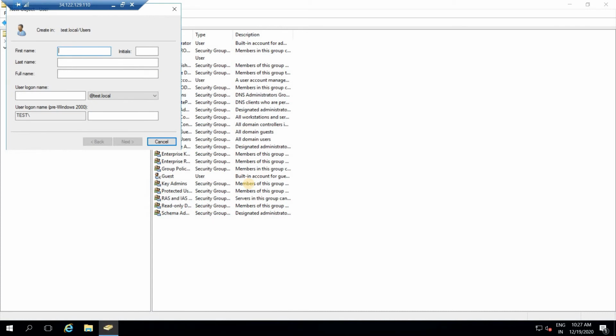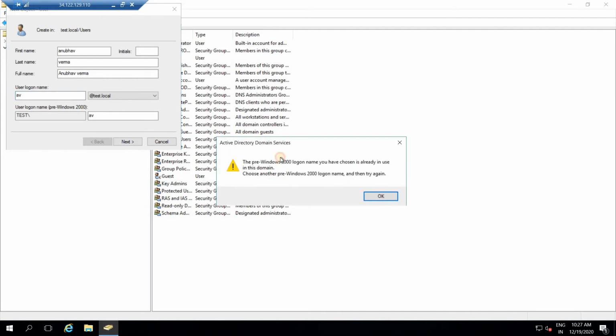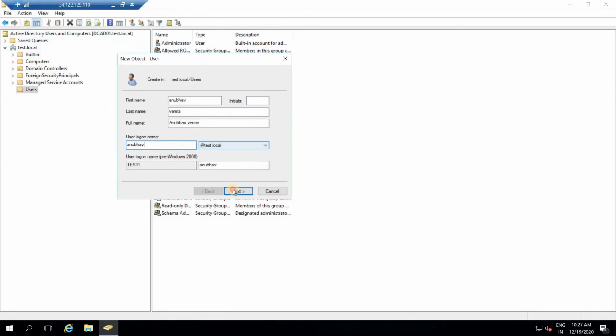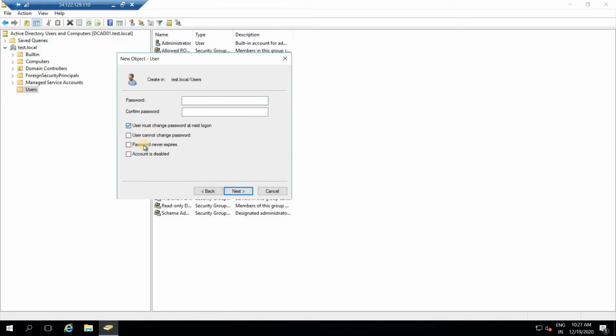So like I would say here, let's see, I wanted to use this ID AV, and it would ask for some minimum characters required for the user to be created, and then we just need to click on never password expire.